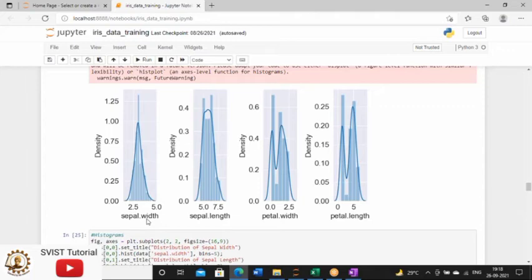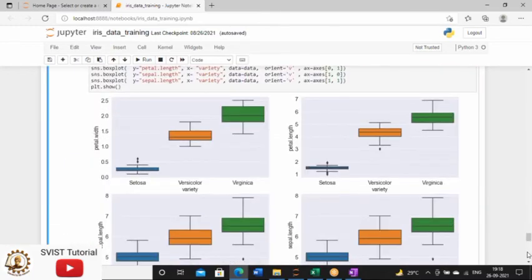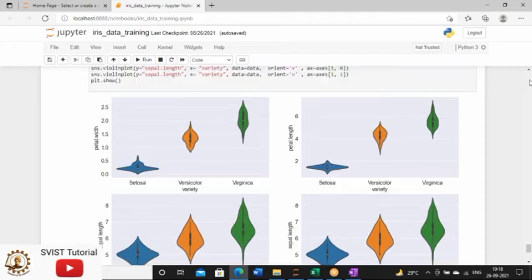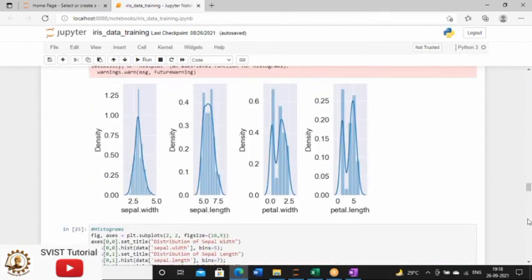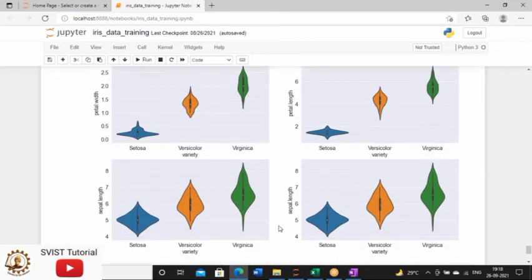See, this is the sepal dot width. This is the density of the sepal width, means it is almost normally distributed. Now for sepal dot width, see the violin plot. So this is your sepal dot length, sepal dot width. Yes, oh, I have made one mistake. You just create this one. I have written that sepal dot length. So I'm just taking another one. You have to change the title of this plot. No issues. We have a confusion which one is the sepal dot length. So both are known as sepal dot length. Anyways, from these two, can you justify this one? I have plotted the same thing twice over here.